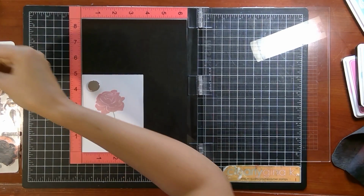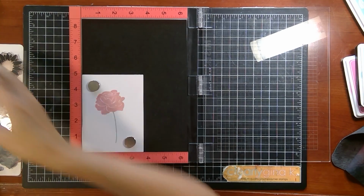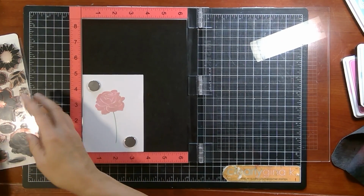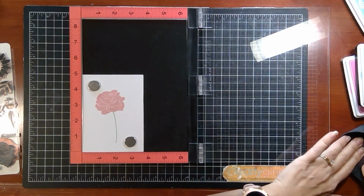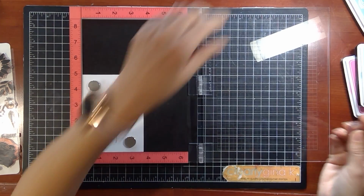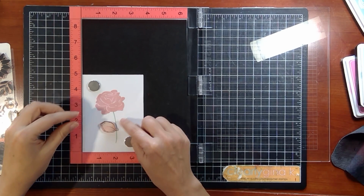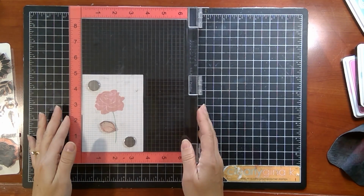And now I'm going to grab the leaf that I like to use with my rose. So I really like to use this fatter leaf, but you could also use this leaf or this leaf, but these two are the most like a rose leaf. So I just love all these little elements, and I don't want to lock you into using one or the other if one really works well for your project. So I'm going to just place that right about there so that I have room for my greeting over here,